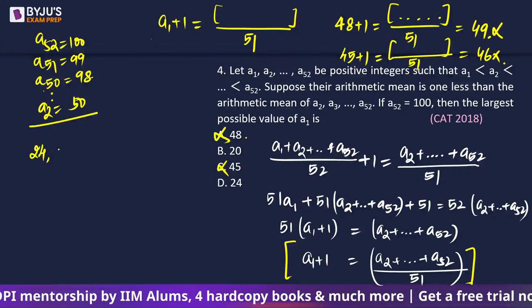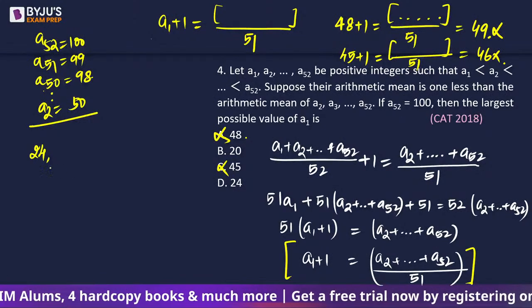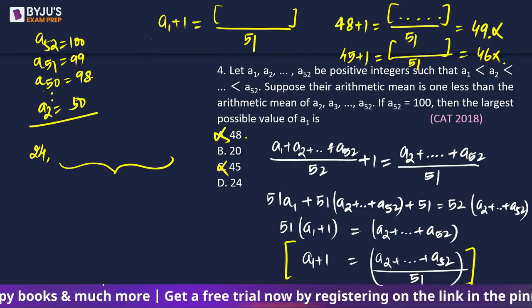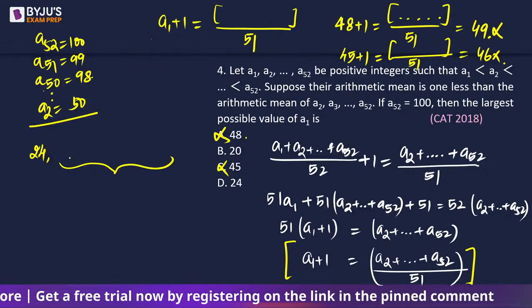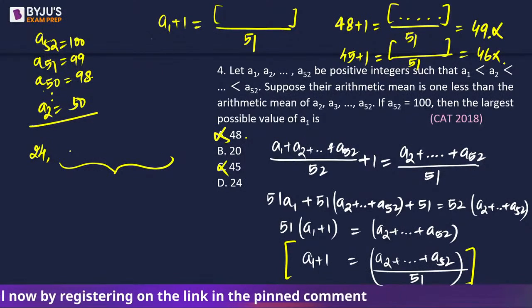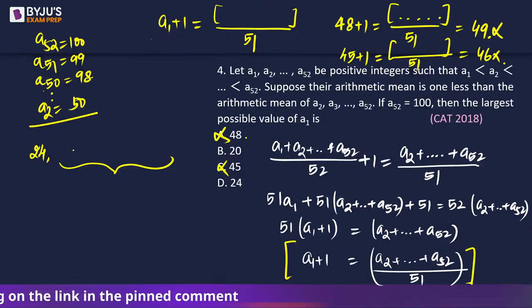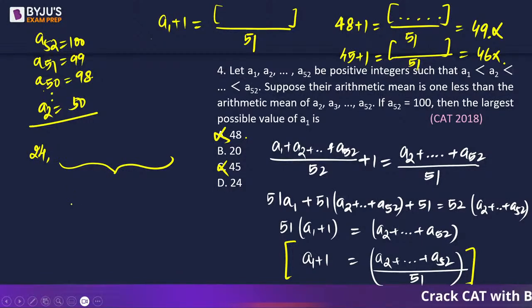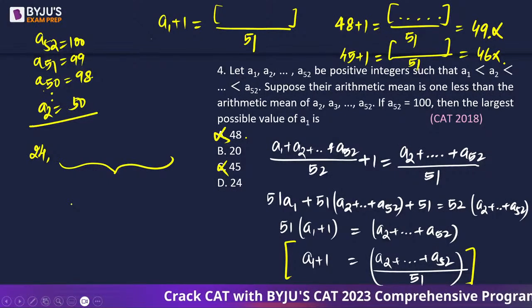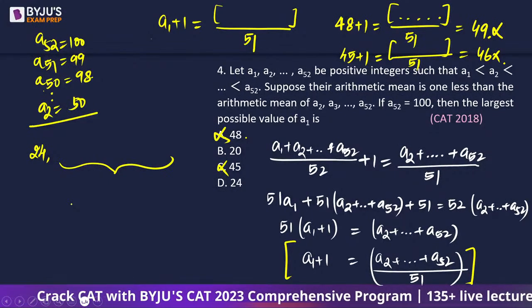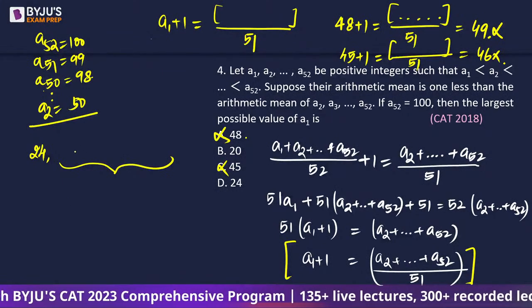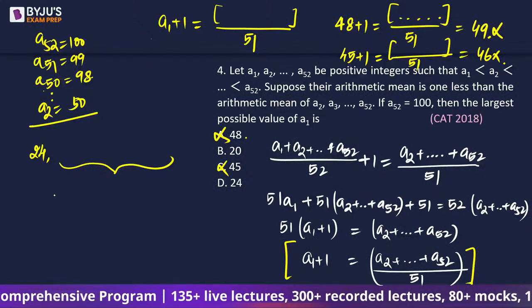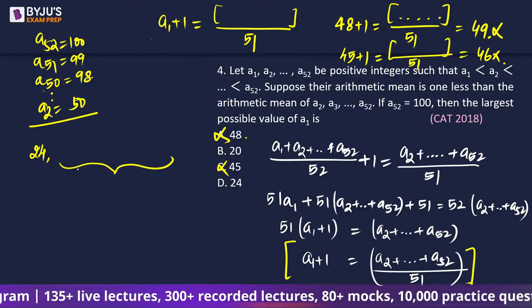So if I say that the smallest number is 24 and we need the remaining numbers, right? तो ये हमें ऐसा चाहिए कि A1 is supposed to be A2 plus 52, 51. ठीक है. So the average of these numbers